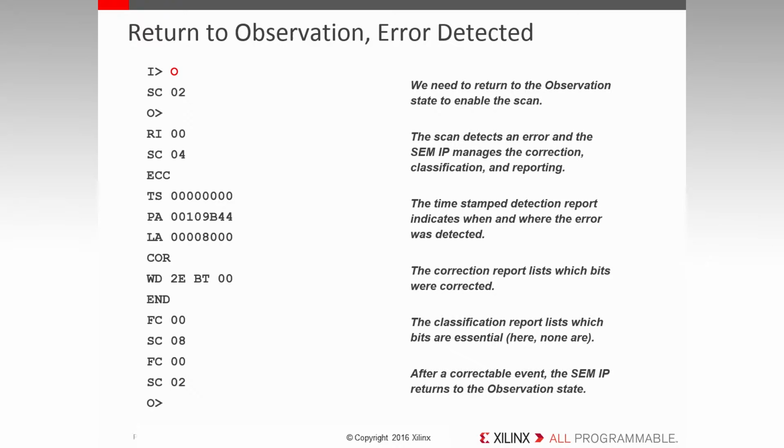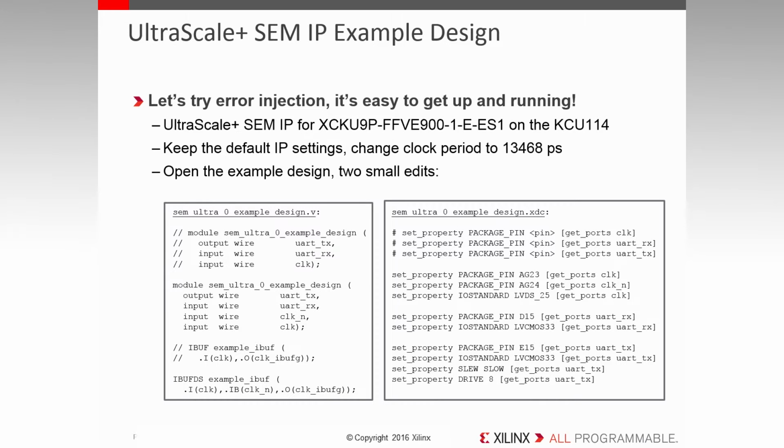If the optional error classification feature is enabled, a classification report is also generated. If the error is correctable, UltraScale+ SEM IP returns to the observation state and continues scanning, otherwise it changes to the idle state. Let's exercise some basic integration tests with the UltraScale+ SEM IP example design in the KU9P on the KCU114